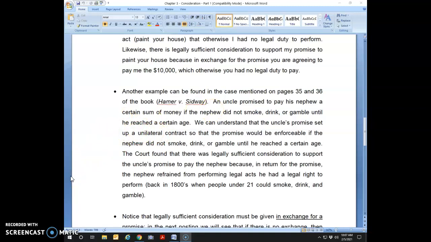It's in the book. It's a classic contracts case. It's from the late 19th century, decided, I believe, by the New York Court of Appeals, the highest court in New York. And I don't think there's a student of the law who hasn't been required to read this case or an excerpt from this case. There was a point in time many decades ago where I read this case as a first-year law student in my contracts course. So it's Hammer versus Sidway.